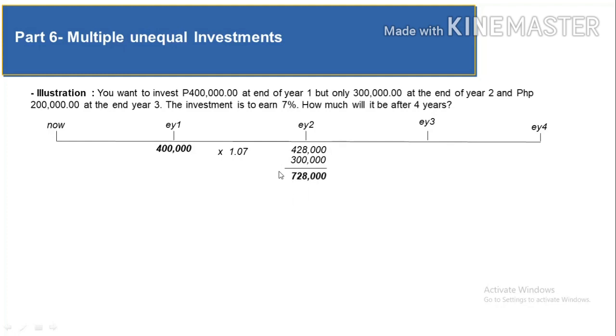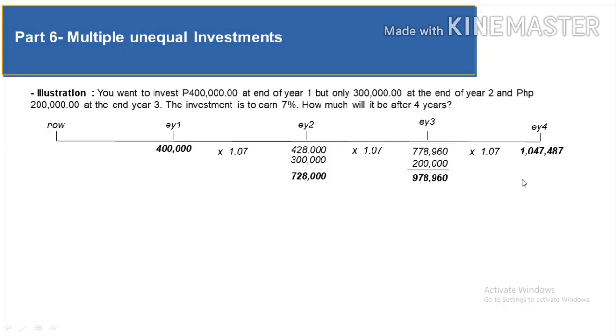You will have 728,000 times 1.07. You're going to have 778,960 plus your last investment of 200,000. Then you will have 978,960. But since the question is how much will it be after 4 years, the 978,960 will be multiplied by 1.07. Then you're gonna have